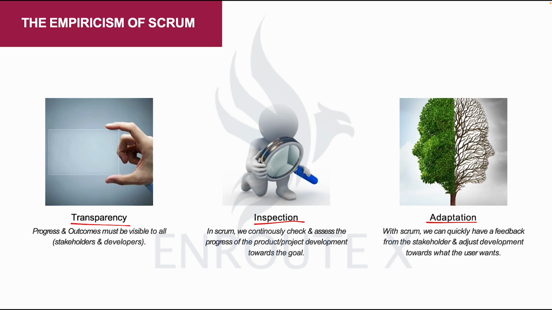And of course, the first one is transparency, which refers to the practice of making all aspects of the work visible to the Scrum team, the stakeholders, and anyone involved in the project. So with transparency, work becomes visible. There is nothing hidden in Scrum. There are no bottlenecks. Anytime there are bottlenecks, it becomes visible quickly, and strength is deployed to resolve such bottlenecks. That is how Scrum works.